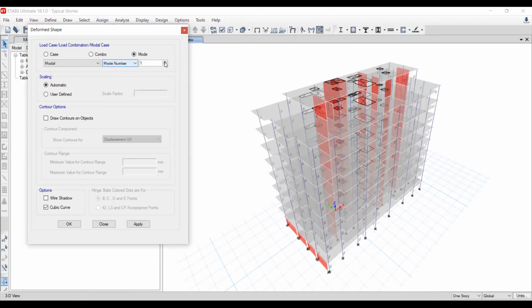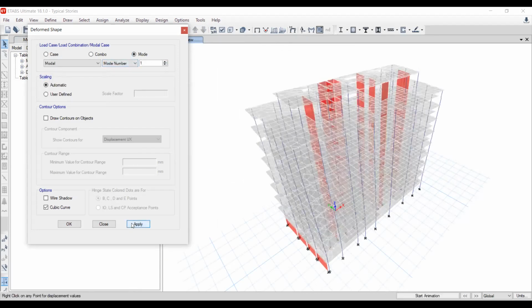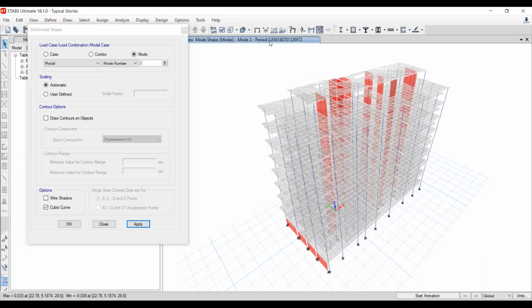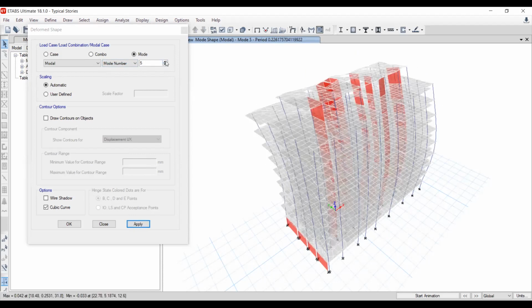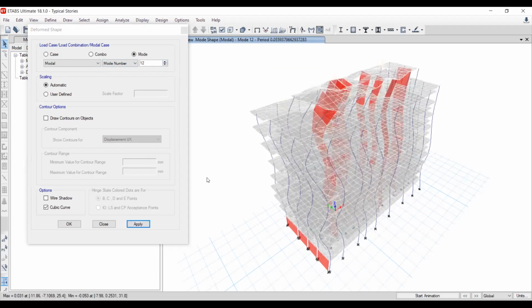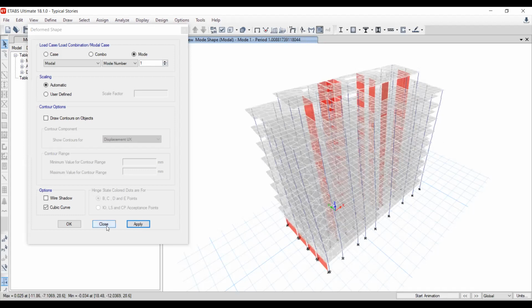Mode number one, see, we have the period here 1.008 in the X direction, in the Y direction we have 0.85. Torsion we have 0.82. You can still show the building mode shapes until 12. See here the deformed shape, mode shape 12. So we go to see the fundamental period T1, which is equal to 1.008,